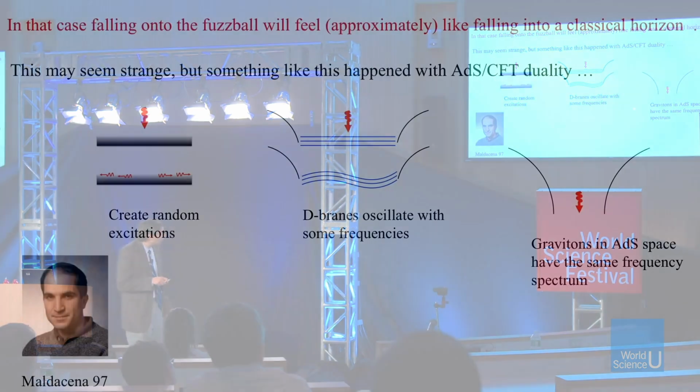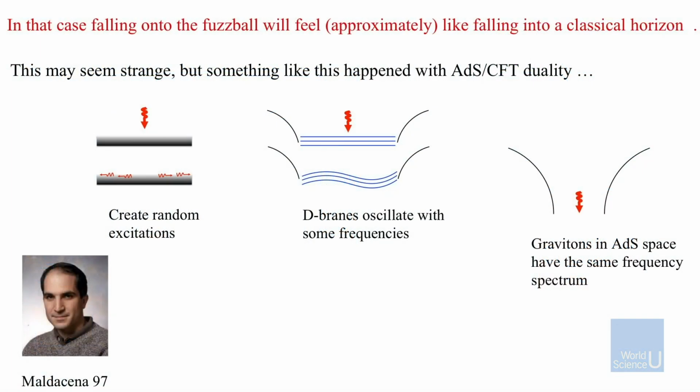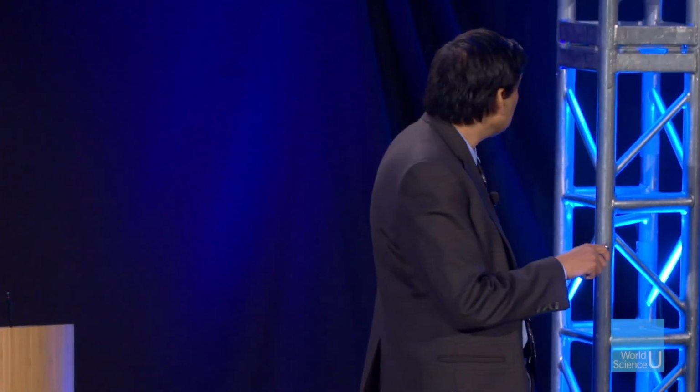And the idea of how two sets of frequencies can match, this kind of duality, came up in a very closely related context in the work of Maldacena in 1997. If you hit a concrete block, you just smash and you die. Okay, that we know. But if you take these branes in string theory and you fall onto them, you oscillate the branes, and they have a certain set of frequencies. But it turns out that if you just had empty space with no branes, but something called anti-de Sitter space, a particular kind of curved space, the frequencies of vibration in that are the same as the frequencies of vibrations of D-branes, and one exactly mimics the other. So you can actually replace branes with space, and that's called the AdS/CFT correspondence.